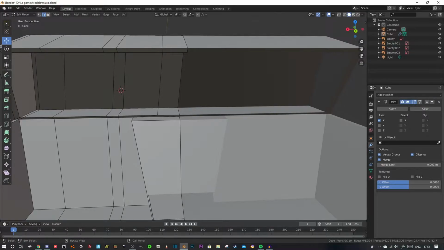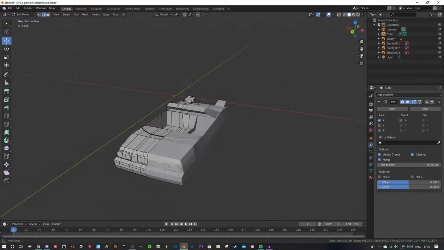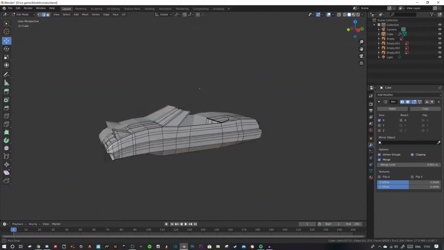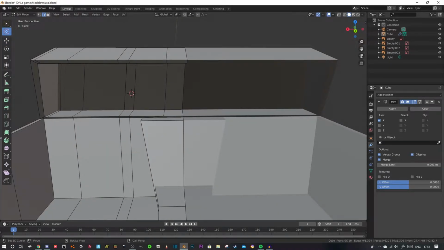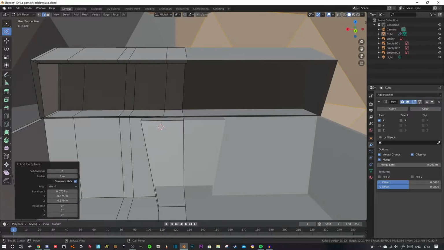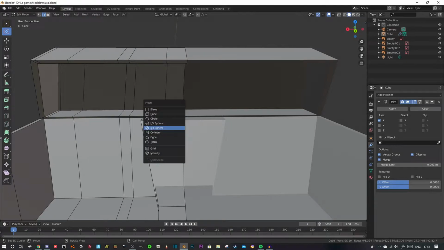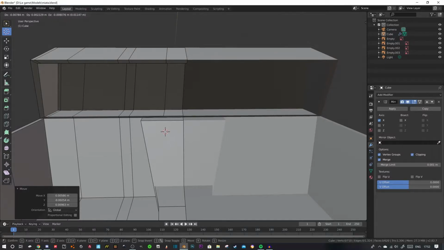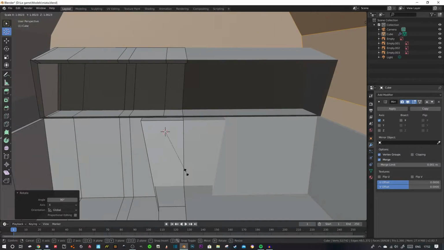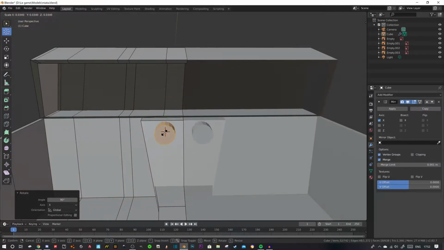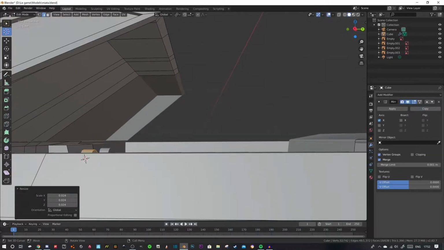I would do boolean cuts, but at this stage, we're going to be wanting to mirror some things, so for the vents, we're just going to have them cut out of a cylinder. Shift A to add new geometry, not an icosphere. Shift A, and you see this little 3D cursor, wherever you put that is just going to be wherever the new mesh goes. Turn your clipping off, obviously, rotate along the x-axis by 90, S to scale,